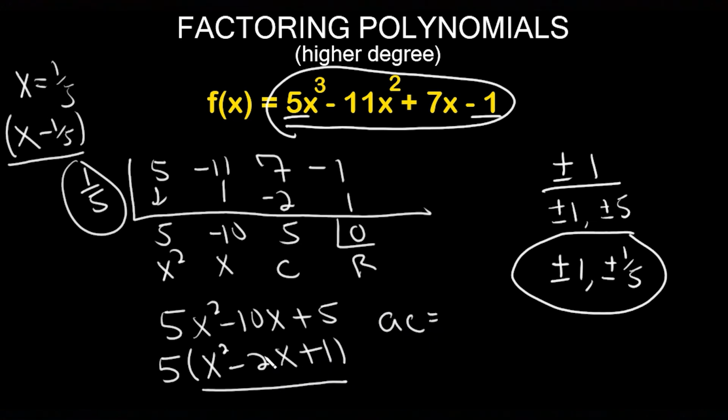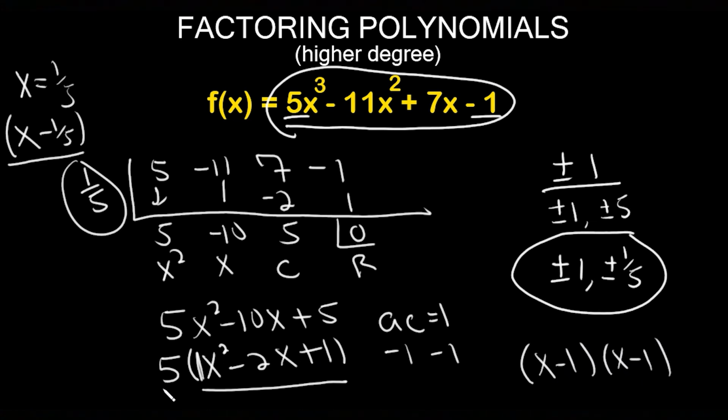If I do the AC method, a times c, that's 1, right? I have a 1 here in front of my x squared. So I need two numbers that when I multiply give me 1, but add up to -2. Well, that's going to be -1 and -1. When I multiply them, +1. When I add them, -2. And since my a value here is equal to 1, I can go ahead and put this right in factored form. So putting it in factored form, you're going to have x minus 1, x minus 1,